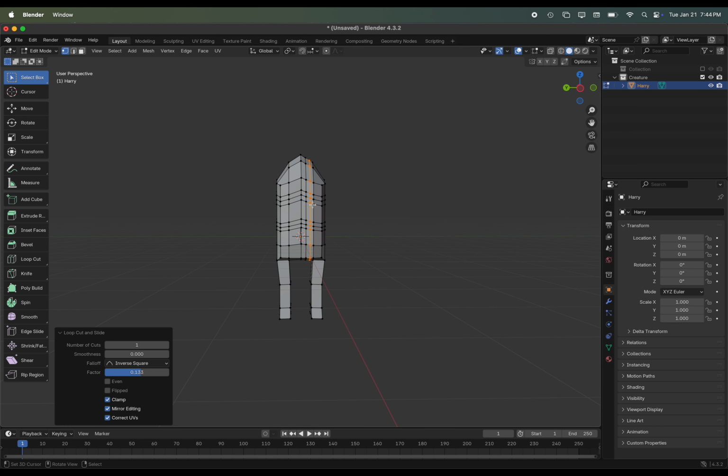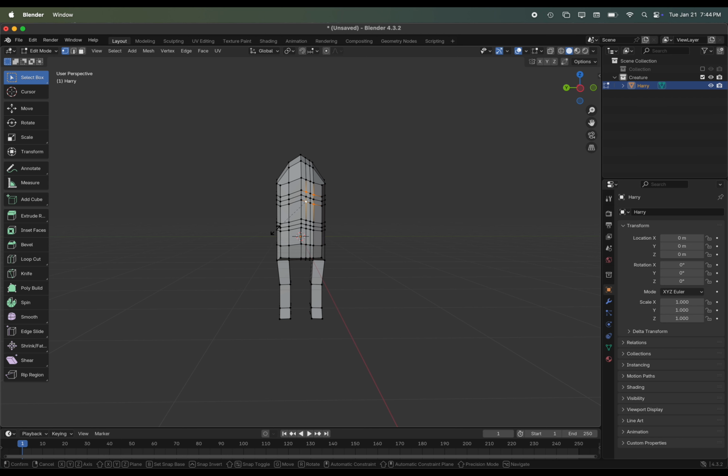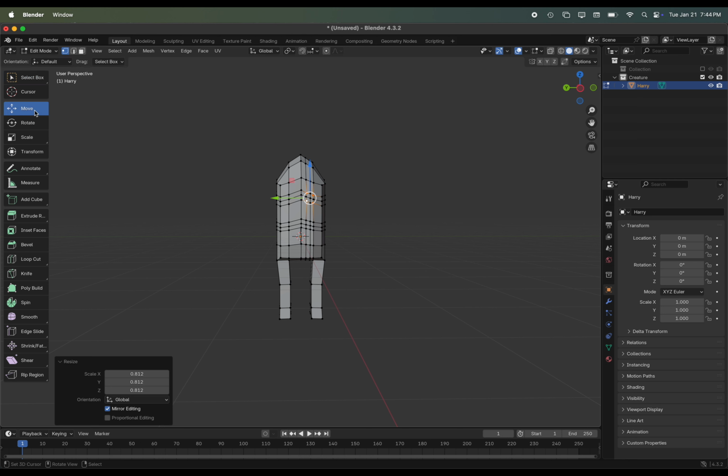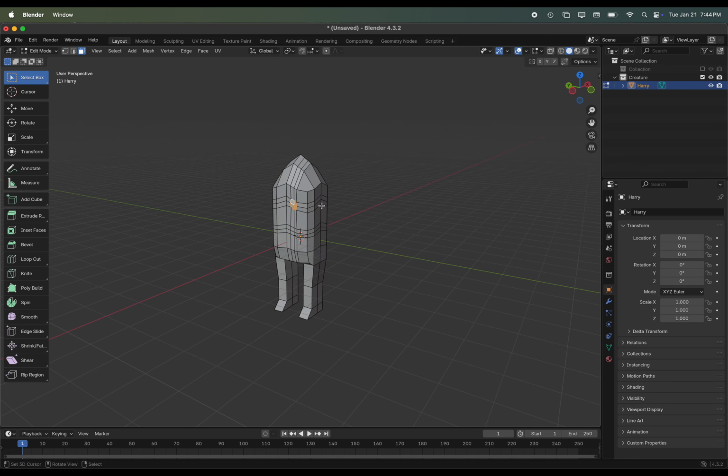So I'm going to adjust the vertices over here to create an area for an eye. I can press S to scale just a little bit more inward, or I could use the move tool to move these individually, depending on what I like the look of. But something like that I think looks pretty good. Again, I can adjust them on an individual basis if that's something that I want, but I'm just going to shift right click to select multiple faces.